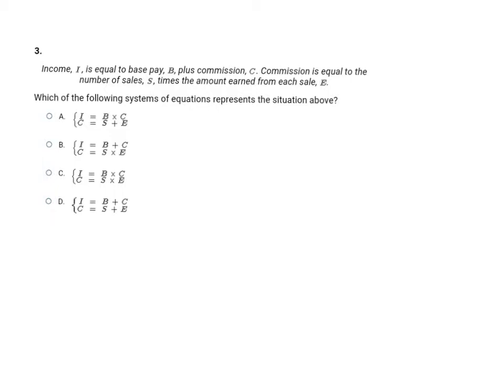Okay, this question reads, income I is equal to base pay B plus commission C. Commission is equal to the number of sales S times the amount earned from each sale E. So then we have to figure out which system here represents this situation. So this one is just simply